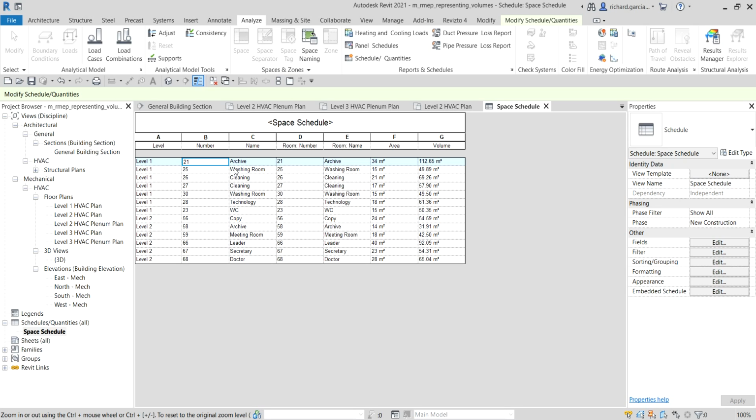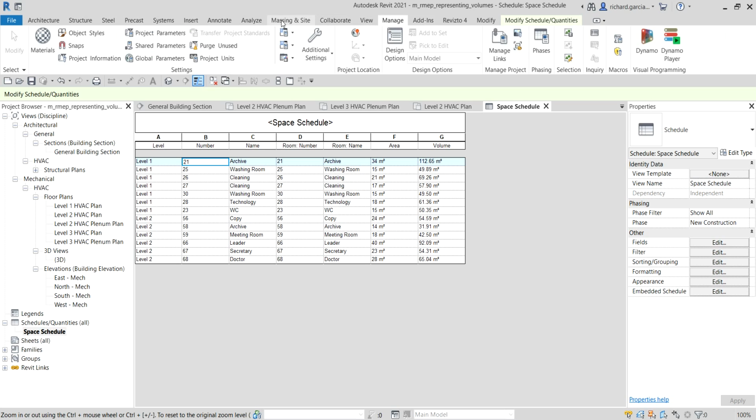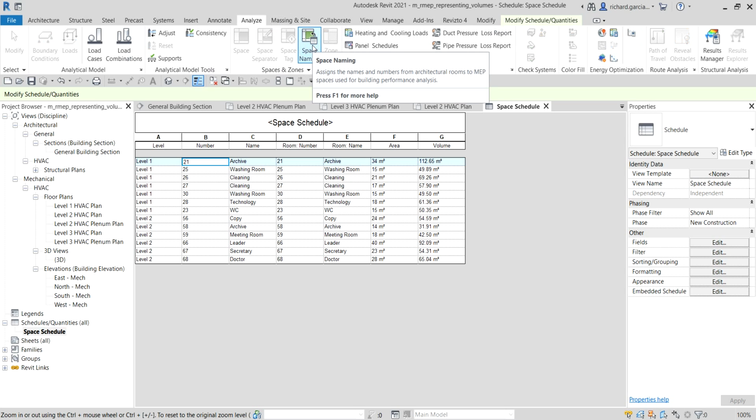Because in lower versions like Revit 2010, there's no feature like this in Revit. So you need to download a plugin separately. But good thing, Autodesk put the space naming feature in the software itself, so you don't need to download it separately. Because in the old days, you needed to download a separate plugin, the space naming utility, to be able to do this. Okay? So they are now the same here.